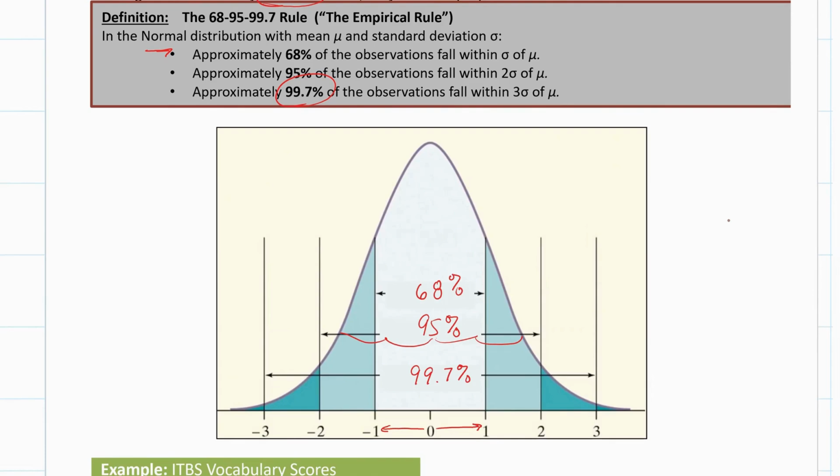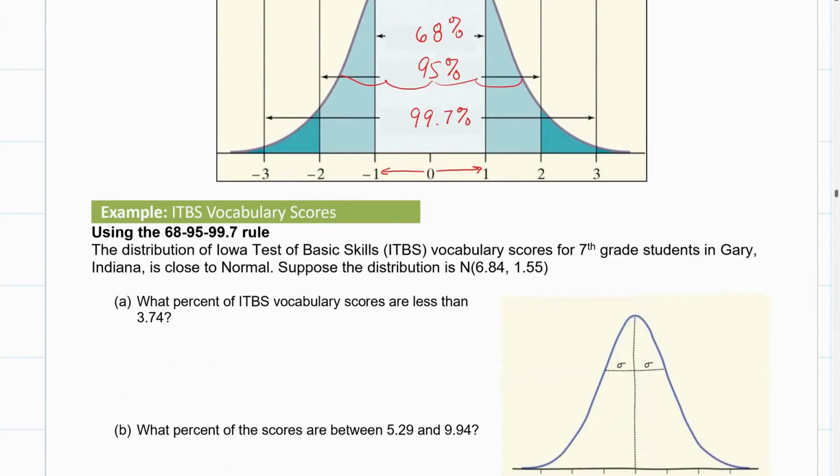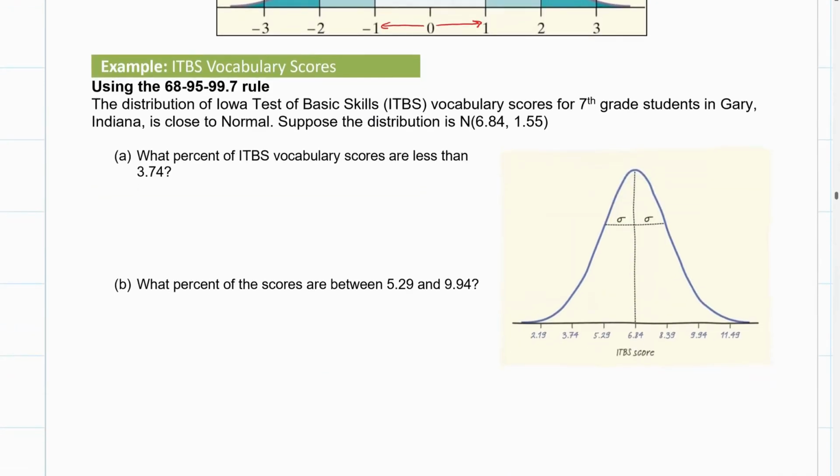So what does that mean for us? Well, let's say we have some data that's normally distributed. The Iowa Test of Basic Skills was given to seventh graders in Gary, Indiana, and it's close to normal. And we describe it as a normal distribution with a mean of 6.84, you can see it right there, and a standard deviation of 1.55, which means if you add 6.84 and 1.55, you get